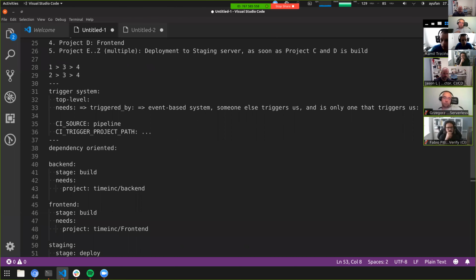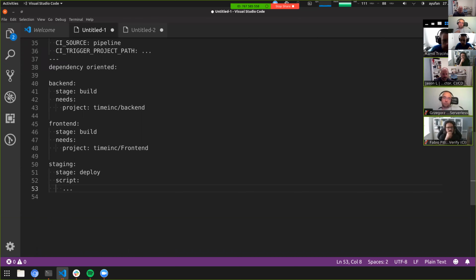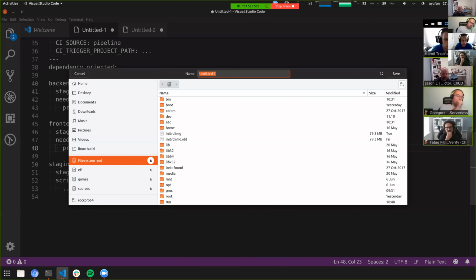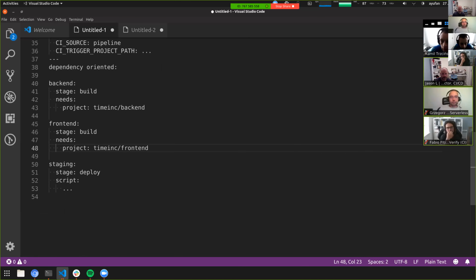This approach looks at the dependent projects as a dependency of your project instead of the triggers mechanism. Because let's say that you need some very specific versions of the frontend and backend to be created, because only they can work together.